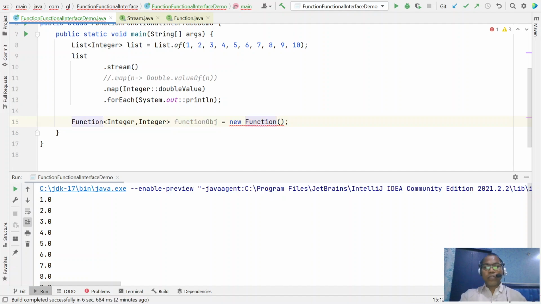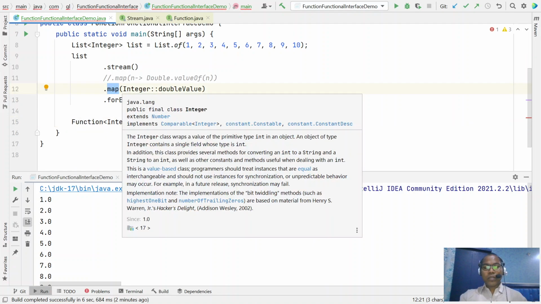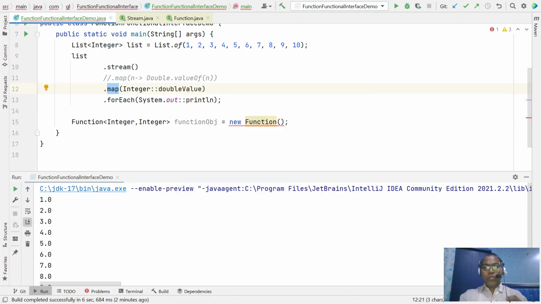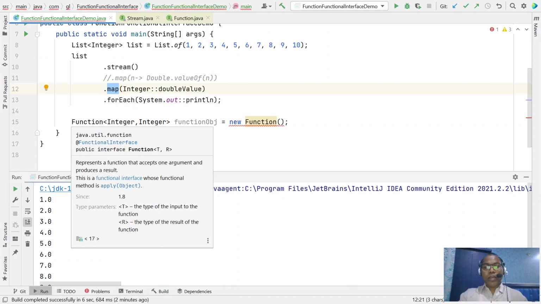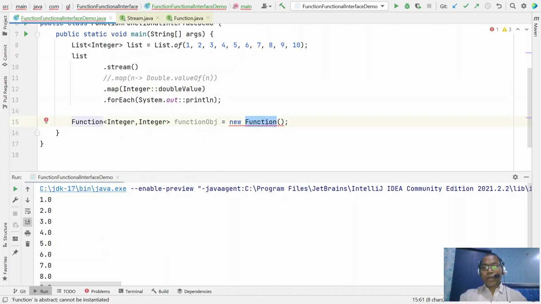But this is an interface, so you cannot create the object directly. If any method expects an interface type, you cannot create an interface object, so how can you pass it? The simplest way is to create an implementation.